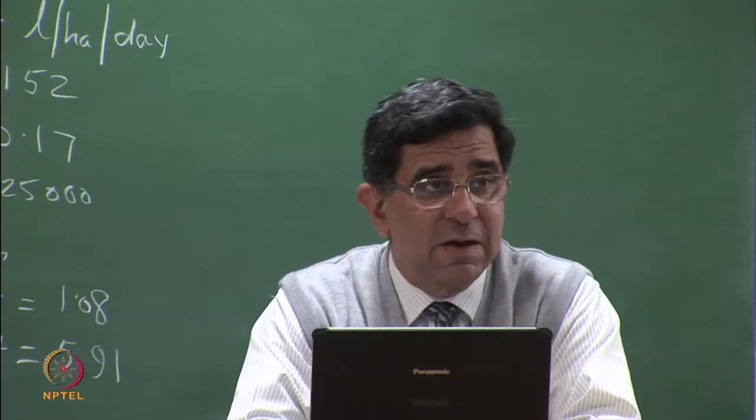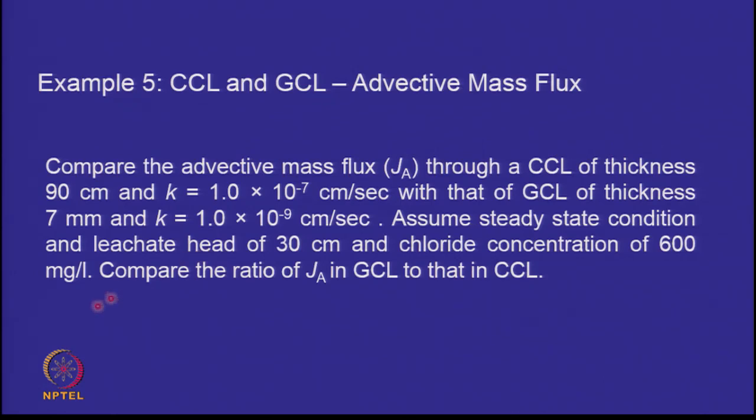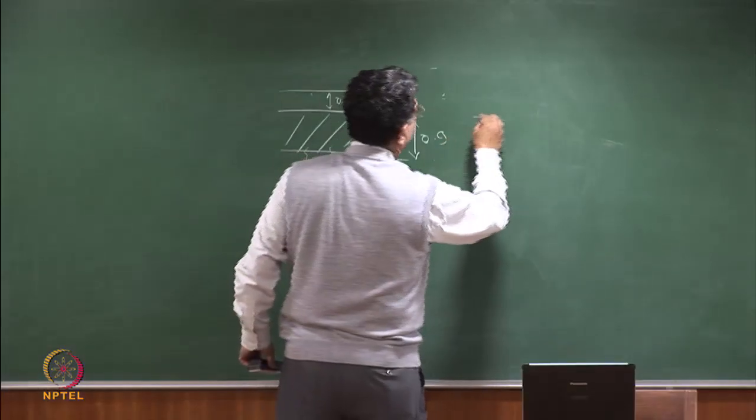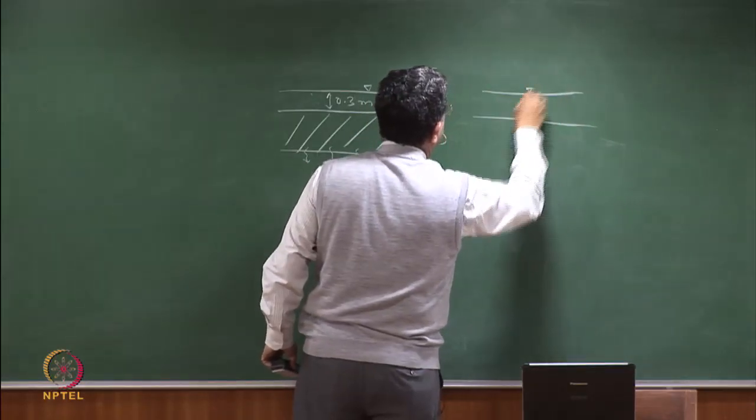Advective mass flux is the same as advective flow. So if I have a compacted clay liner which is 90 centimeter thick, has K 10 to the power of minus 7 centimeters per second, the head is 30 centimeters, and I compare it with a geosynthetic clay liner of thickness 7 millimeters. So a 90 centimeter thick clay has been replaced by 7 millimeters, and because it has got sodium bentonite in it, its permeability is 1/100th of the compacted clay. So what are we comparing? We are comparing same leachate head, but now